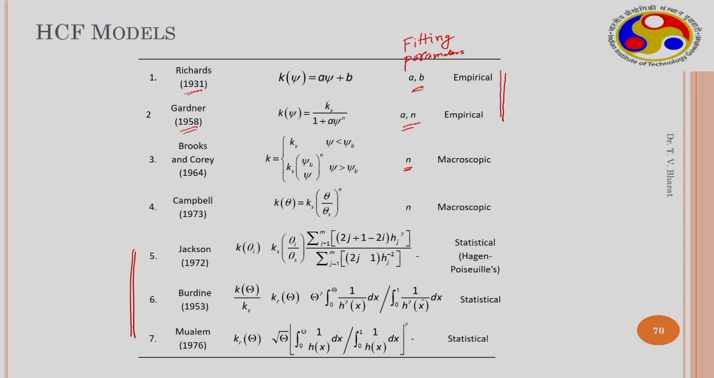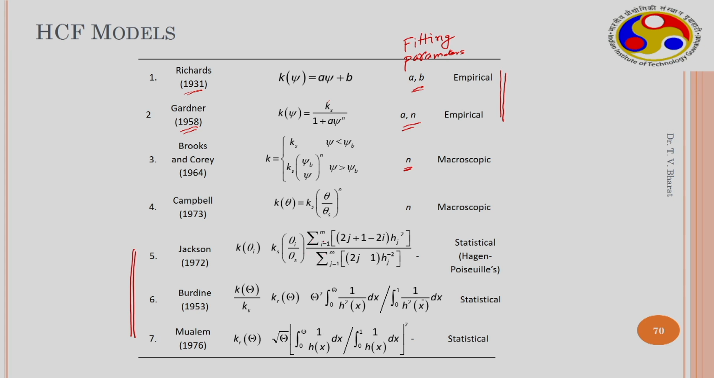You have many other statistical models, but here I have given three such models. This is based on Hagen-Poiseuille's expressions, where the Jackson model considers k of theta i equals saturated hydraulic conductivity times theta i divided by theta s. So theta i is at any given point i value, and theta i by theta s times